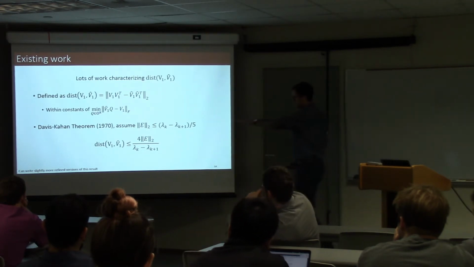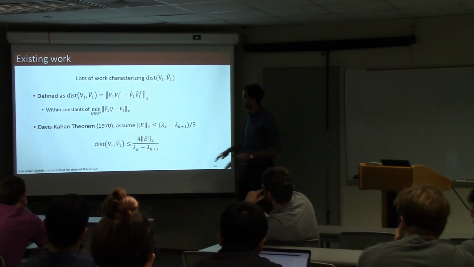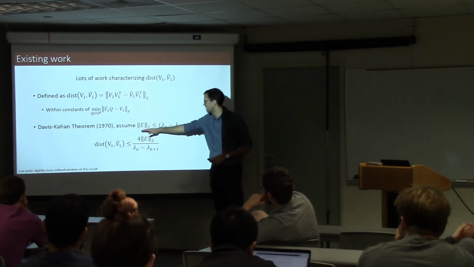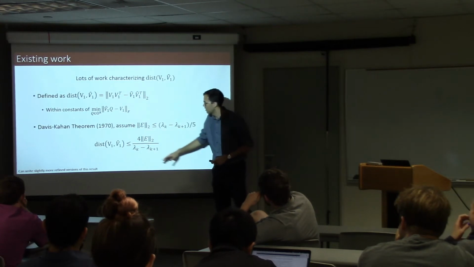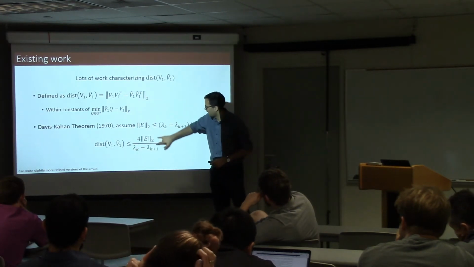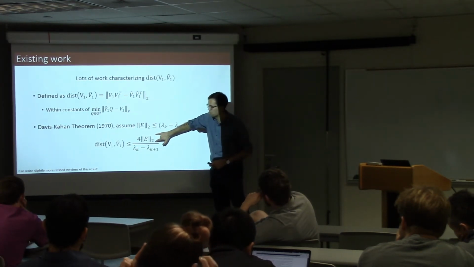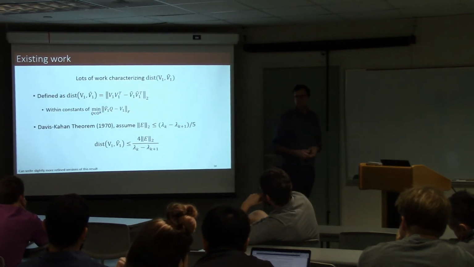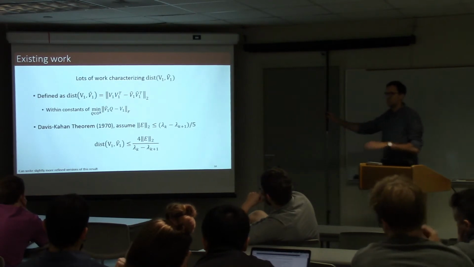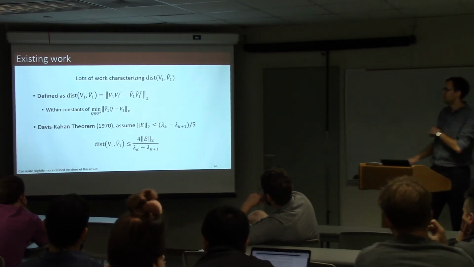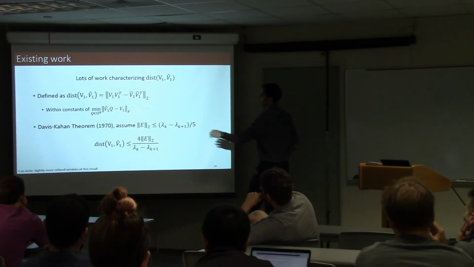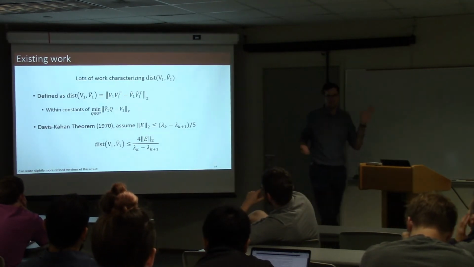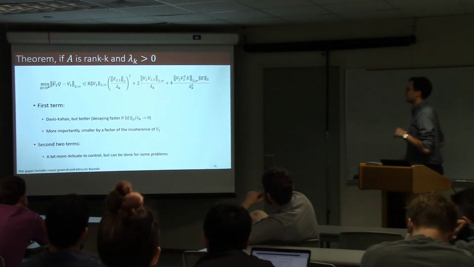And there's a couple of different ways to state this. The canonical result in this space is known as the Davis-Kahan theorem, which says that, okay, given some technical condition on the error, the distance between subspaces behaves like the norm of the perturbation E, divided by some gap in the eigenvalues. Okay? There's a few different specific ways to state this, but this is one. And the key piece to get at here is that this distance depends on the two norm of E. Okay? So that's a kind of classical thing.